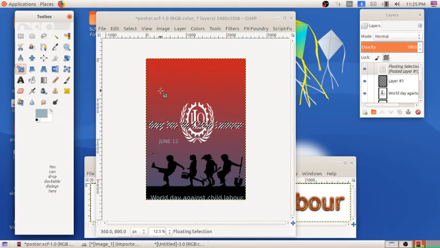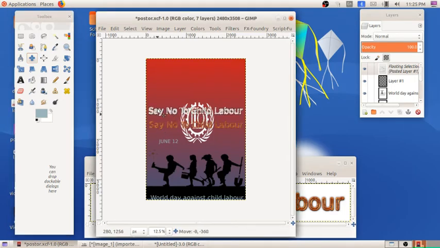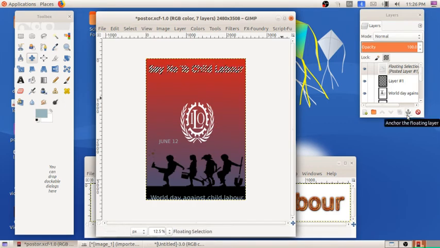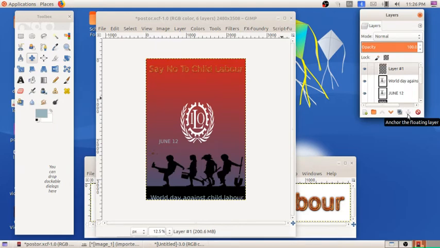I am placing it here. For that, using the move tool, click here and place it here. Okay. Then by using the anchor tool, remove the floating layer on that text. So this much we have done in this chapter.